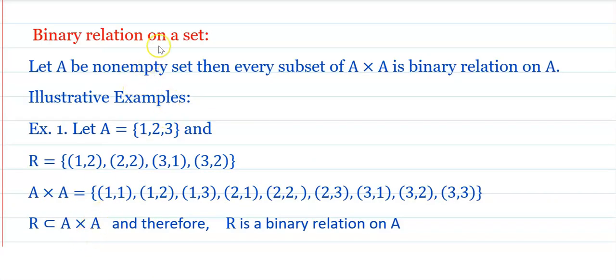Next, binary relation on a set. त्या सेटशी होणारा ऑर्डर पेअर, and that is called the binary relation. Let A be a non-empty set, then every subset of A cross A is a